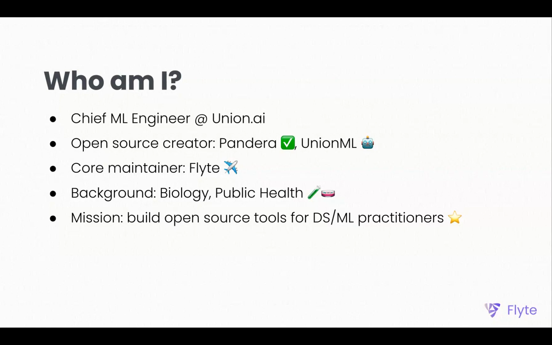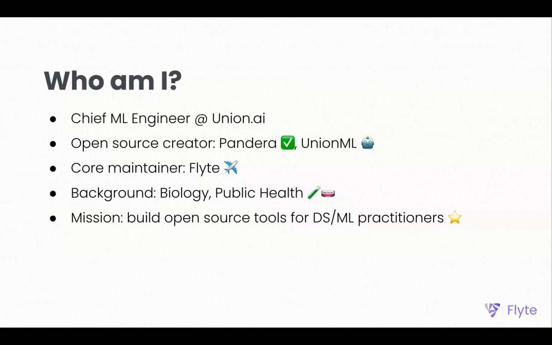So, little sidebar there. More recently, I created a library called Union ML, which is essentially a thin wrapper on top of Flyte. Flyte is the topic of this talk. So Union ML essentially turns Flyte into something a little bit more machine learning centric, whereas as you will learn just now, Flyte can be used for machine learning, but it can also be used for data engineering and analytics and any sort of orchestration, which is a term I'll dig into later.